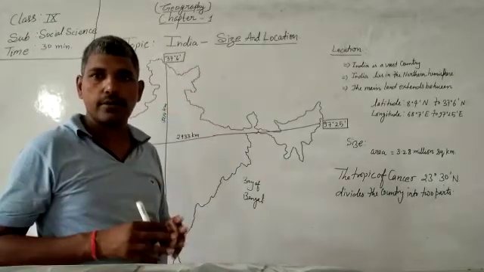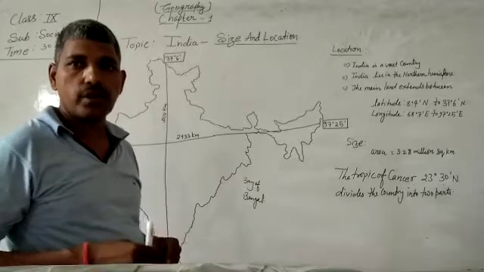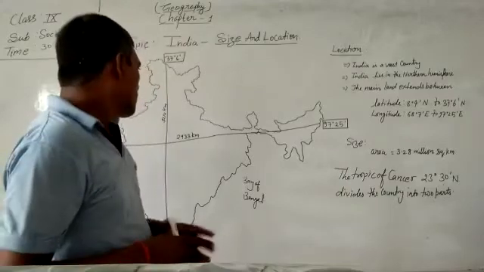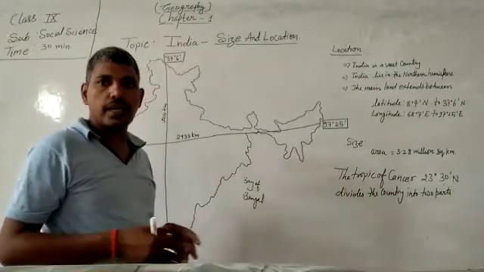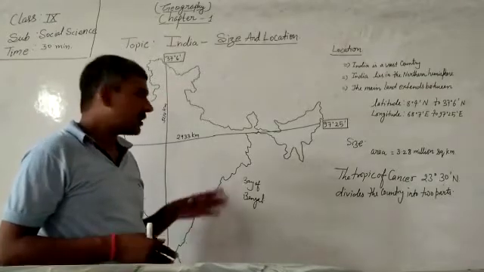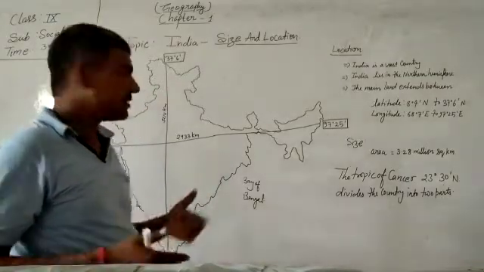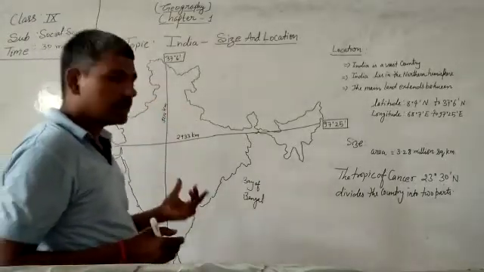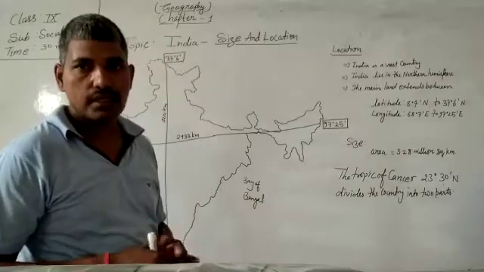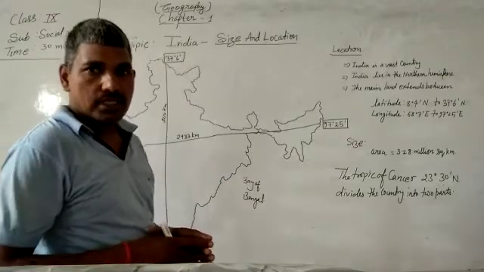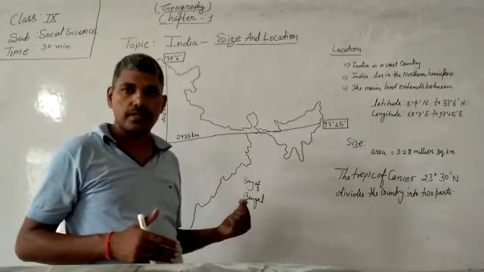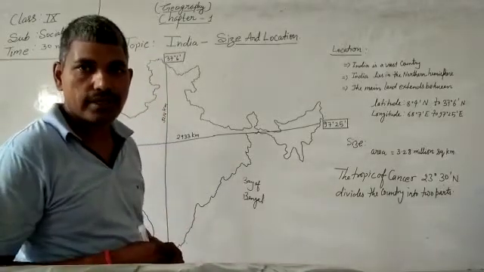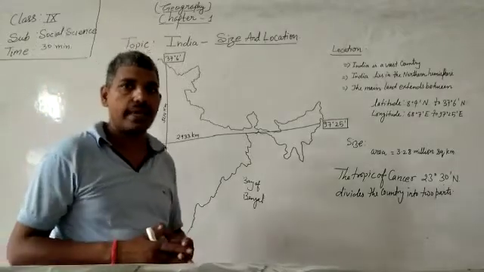This chapter was already explained to you, but now I want to make it clearer. That's why I am going to explain the same things again. Earlier it was explained in previous lectures, but now I am going to show you the same things on the map so that it will be clearer. You might have read in class 8 also about the structures of the map and the peninsular regions. So here we are going to see the main extensions of our country, the main extension of the mainland.